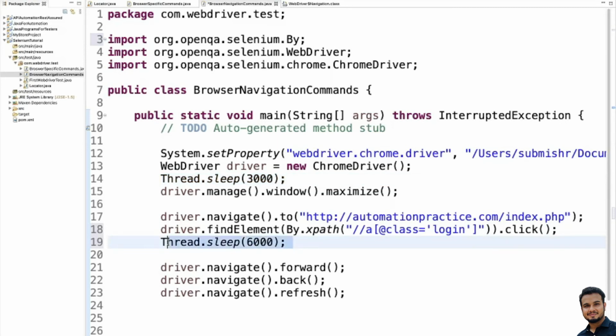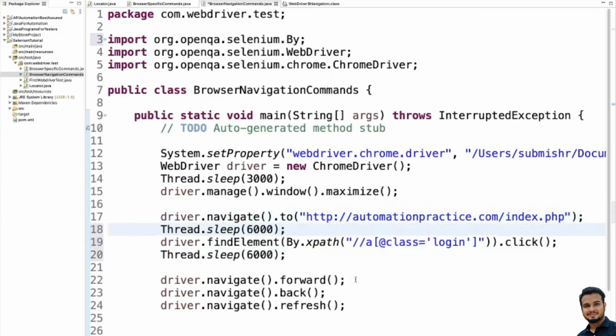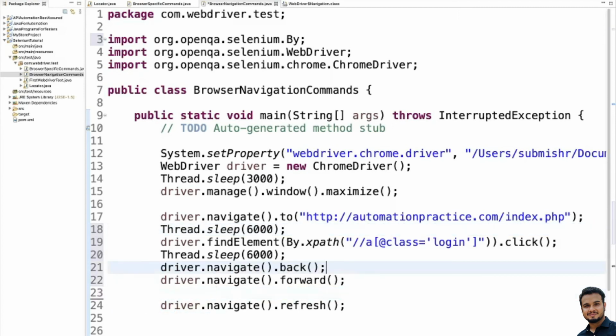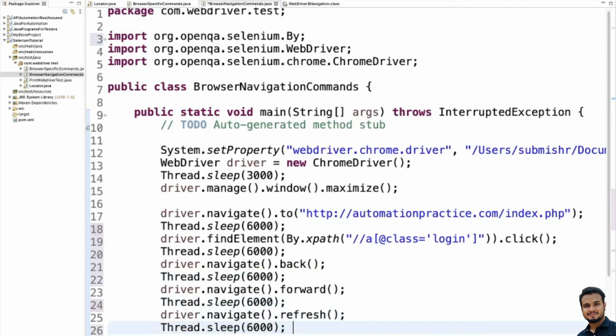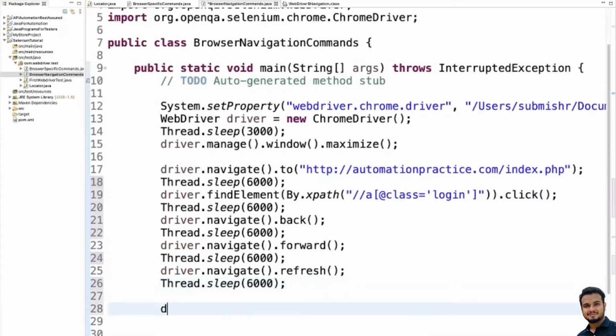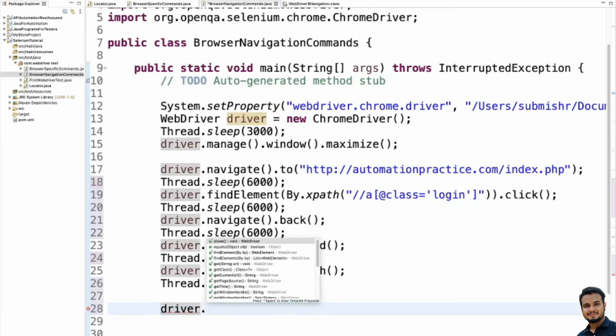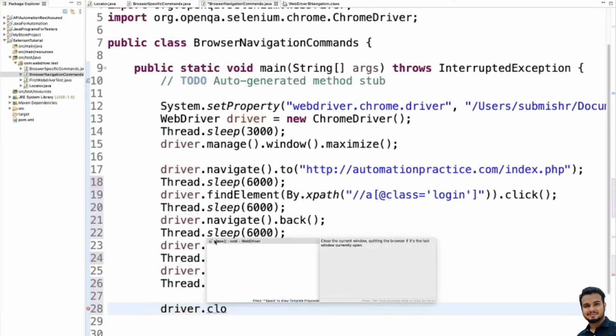So let me add some Thread.sleep everywhere. First we navigated to here, then we'll wait some 6 seconds, then we'll click here, then we will go back. Then we'll wait some time, again we'll move forward, again we'll refresh, and then we will close. For close we can use driver.close.